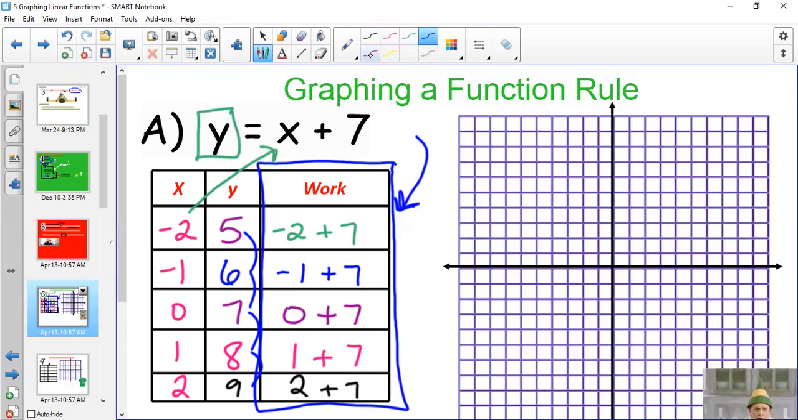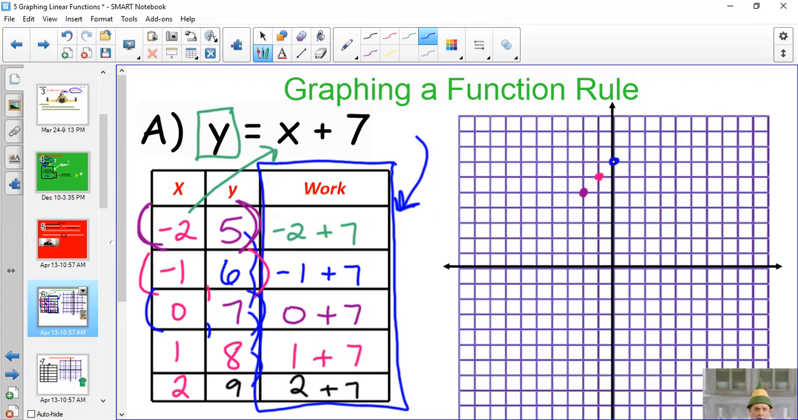Okay, the next step then is to graph these points. So I'm going to graph this ordered pair (-2, 5). So this is where we practiced last week with making those pictures. So we're going to go left 2 on the x-axis and up 5 on the y-axis. Okay, so I'm going to do the next one, (-1, 6). That would be left 1, up 6. The point (0, 7), that would be left to right 0, but up